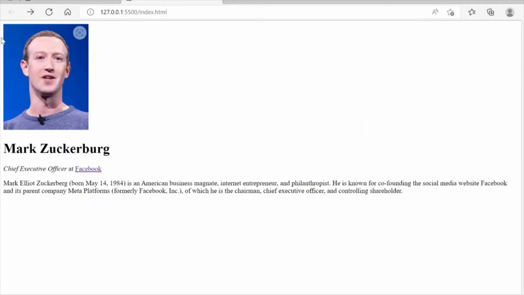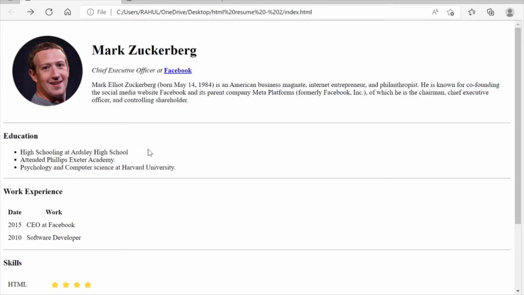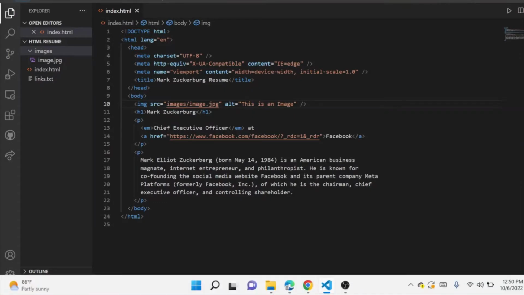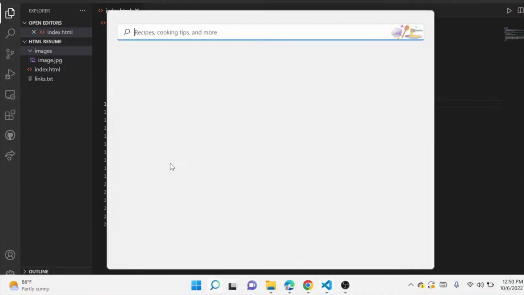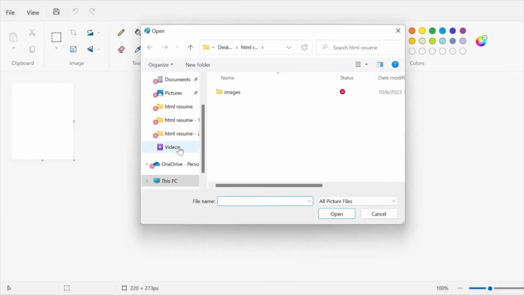Now you can see this image is not properly sized. So we are going to make use of Paint to resize it, and to display it in a circular fashion, we are going to use an online site that you will see further in the video. Now let's go back and open Paint. I am opening a file from our folder.